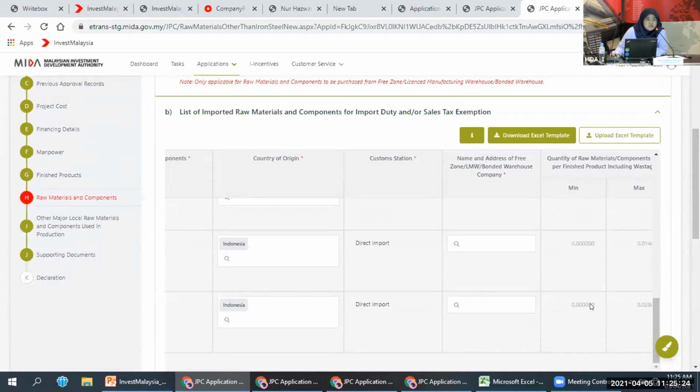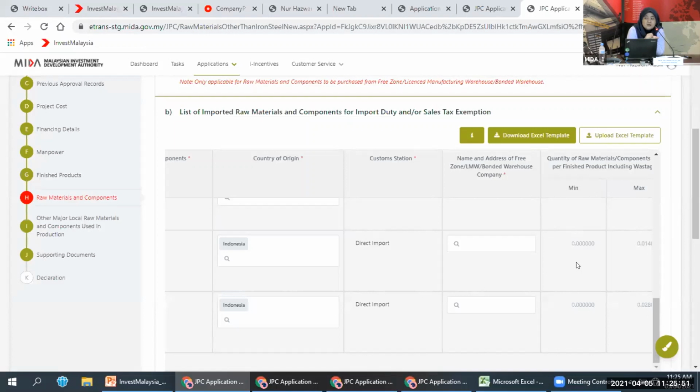Okay, and then there are issues faced by companies when we implemented the HS code validation. Because the unit of measurement is based on the Pintar Duty Custom 2017, there will be a discrepancy between the previous approval and when you key in the raw material in the invoice measure.